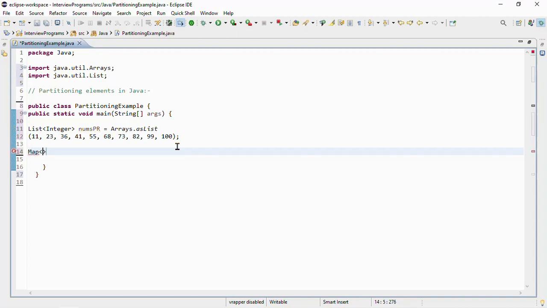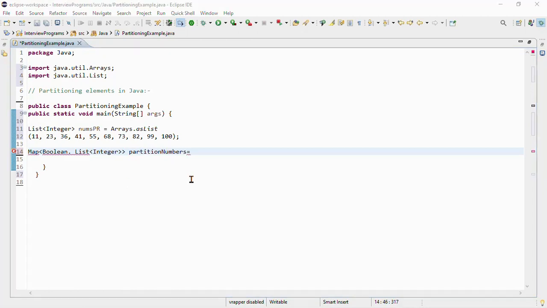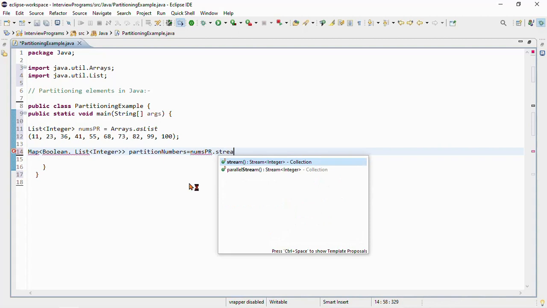Map, Boolean, List, Integer. Give the name of the map as partitionNumbers equal to numsPr dot stream.